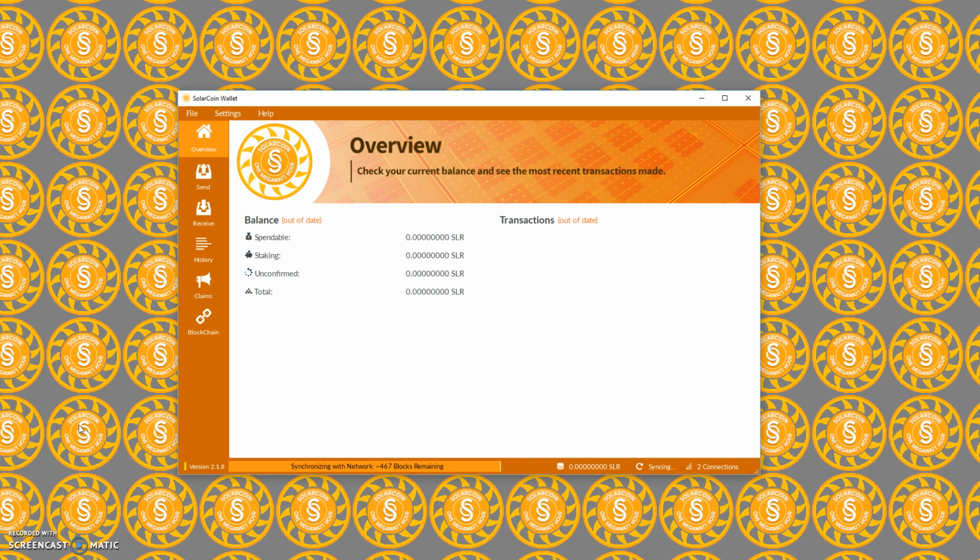Before we go and talk about anything else, you'll notice at the moment this says out of date, and at the bottom we've got this progress bar saying synchronizing with network. Basically this shows you how many blocks behind the network you are, and whenever you start your Solarcoin wallet you'll probably see this happening, and as you see it's gradually catching up here. The number of blocks remaining is continually decreasing, and it says syncing here,